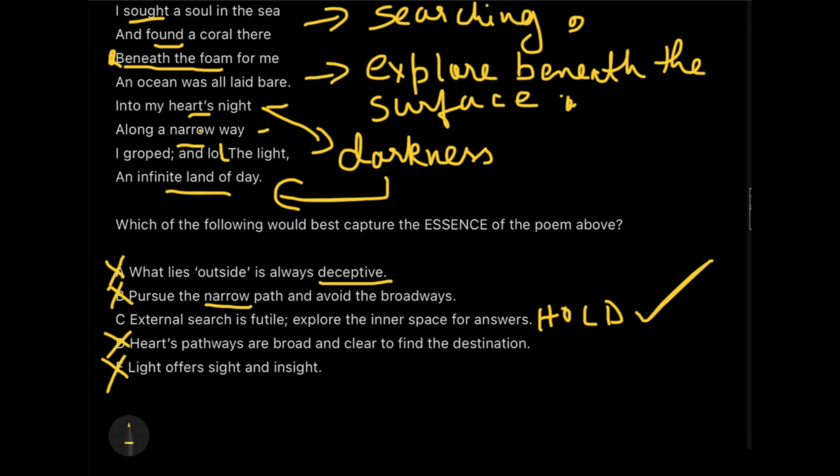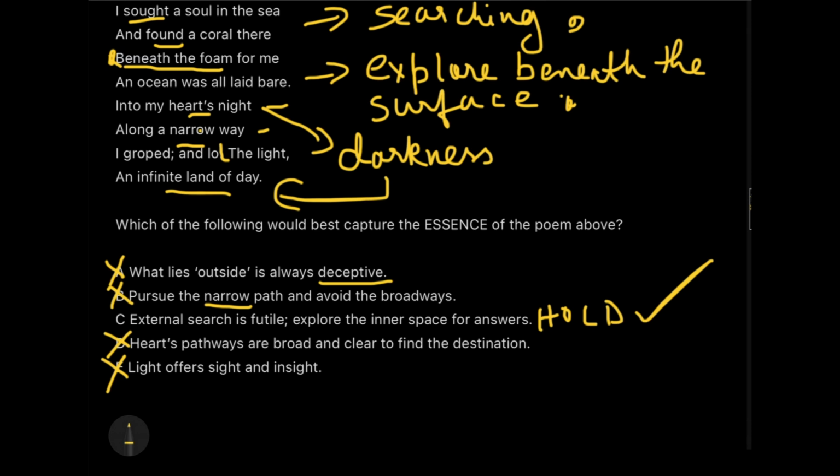And as I mentioned earlier, if you are a person who did not understand any single line of the poem, even then option C makes the most sense. Because number one, this is a trick, guys, and I can assure you that generally people don't know this trick, and people don't really seek after it. But if you are watching my video, there should be a benefit for you, right? So that's the benefit. Trick number one: the keywords will not directly match, especially in the capture-the-essence-of-the-poem type of questions. Keywords are not matching, you get your answer there.